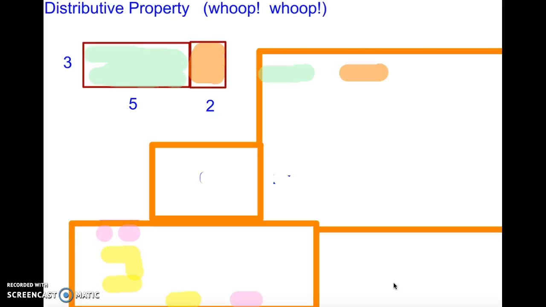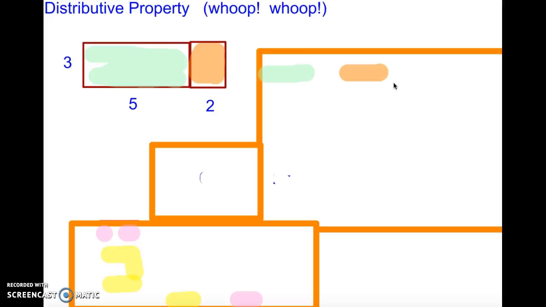We have been talking about the distributive property. Here are a couple examples of what we've done in class. Here are two rectangles, a green and an orange rectangle, making a larger rectangle when you put them together. The dimensions of the green rectangle are 3 by 5, and the dimensions of the orange rectangle are 3 by